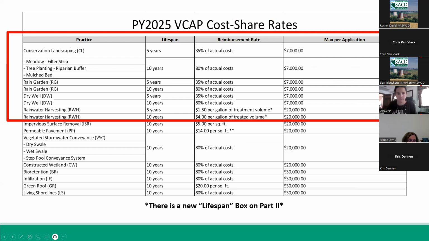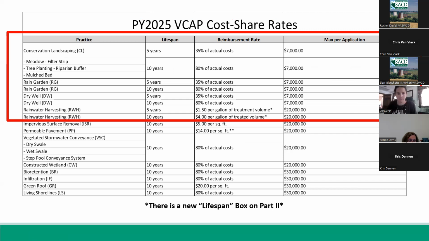Another pretty significant change I'm really excited about. For a handful of practices, our 5 maybe less engineered practices, conservation landscaping, rain garden, dry well, and rainwater harvesting, we are offering the option for a shorter lifespan.